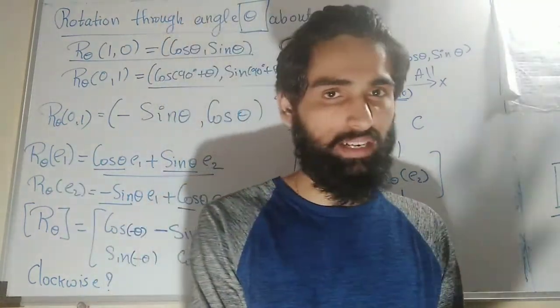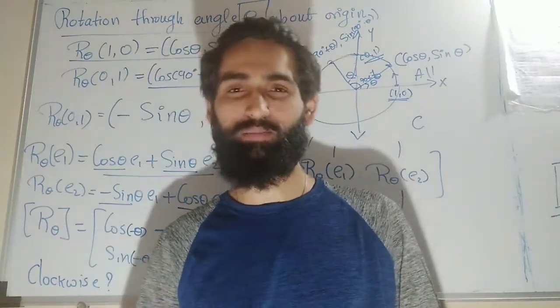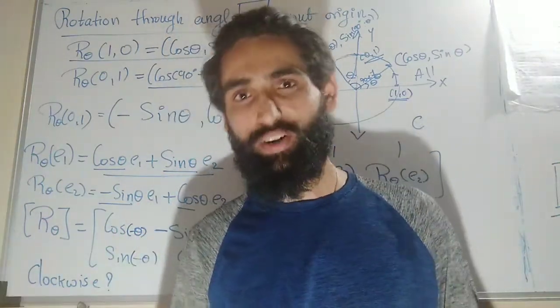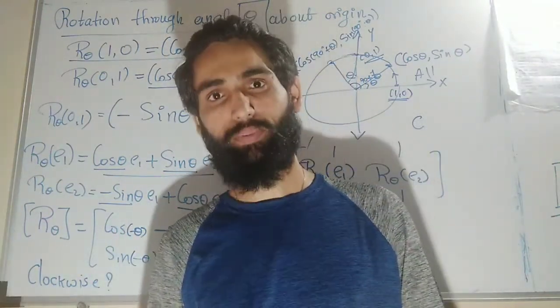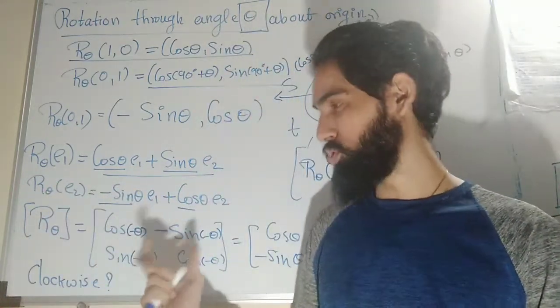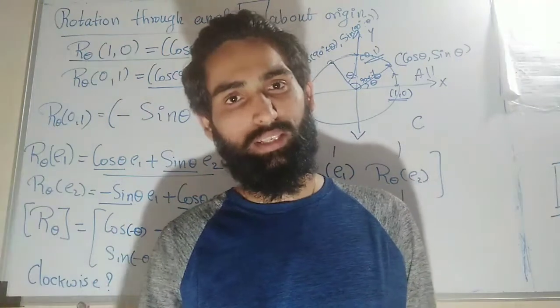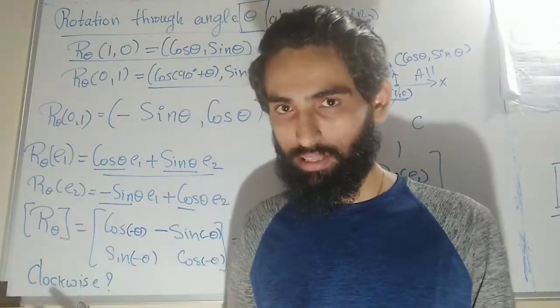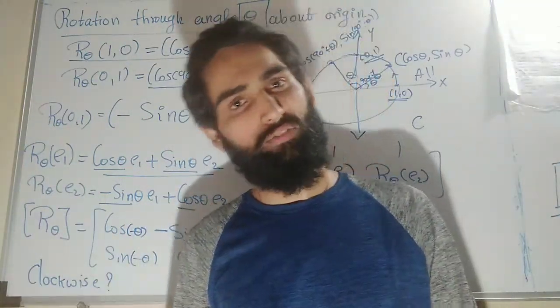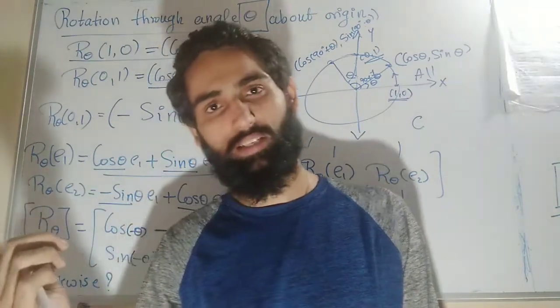But if no one gets a doubt, or I don't see anything in the comment box, I will go and make the next video about the reflection matrix. Okay. These two are really important. You should know this matrix representation, how it comes, because after that we will be using some theorems in which we will require this matrix. Okay. So after this, the reflection matrix, and then we'll go to the characteristic polynomial.